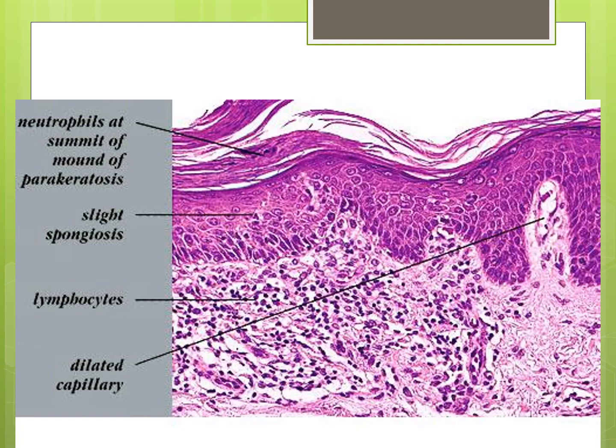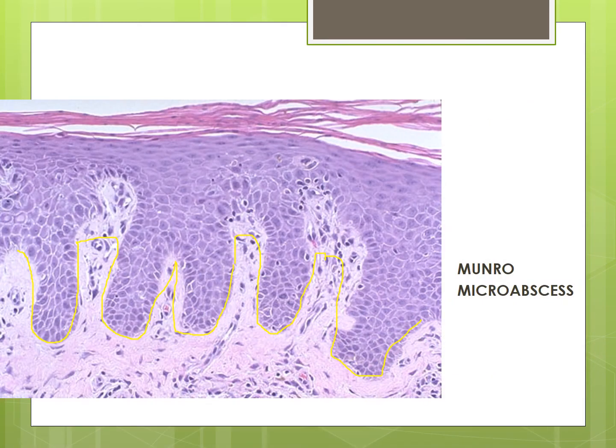Going forward, in the next slide it will be more clear. Going downwards, you can see spongiosis. There is loosening of the stratum spinosum layer, and there is presence of dermal edema. Deep in the dermis, you can see the lymphocytic infiltrate, and the capillaries are dilated. They can be seen in the test tube in the rack appearance, where the test tubes are placed in the racks.